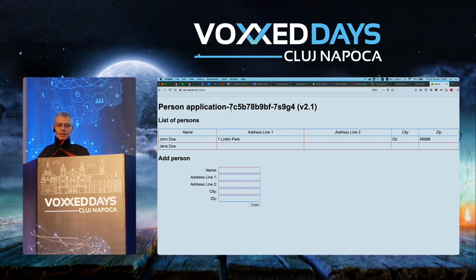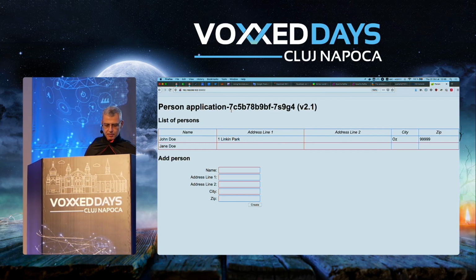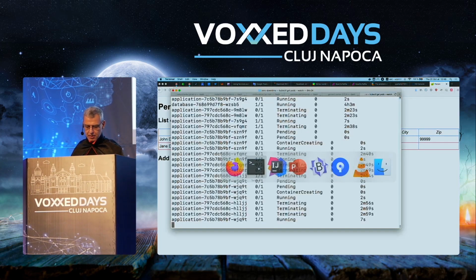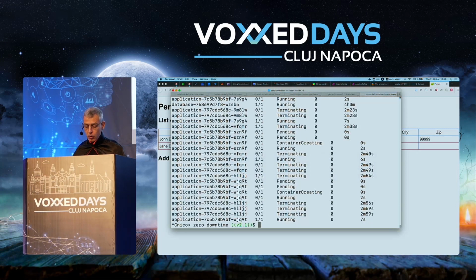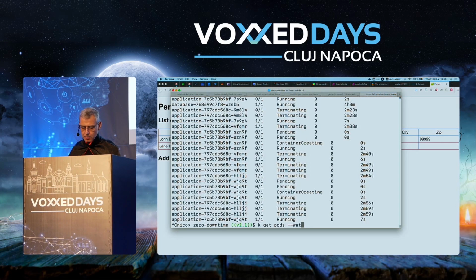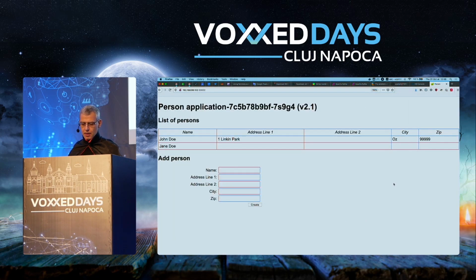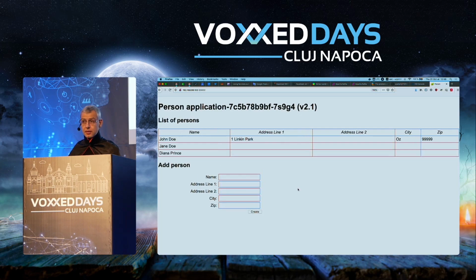So I missed a request, sorry for that. Sometime I will check why, but normally it should be transparent. Now, all of my pods are completely 2.1. And now, with this new schema, I can try to create a new entity. It still works, so this is compatible.